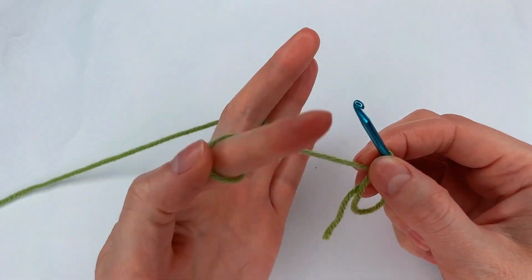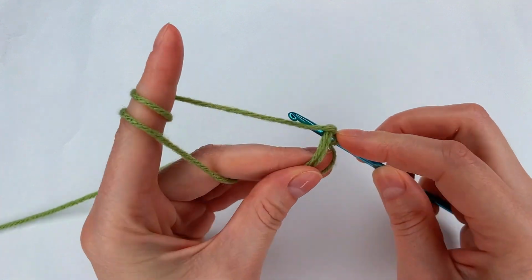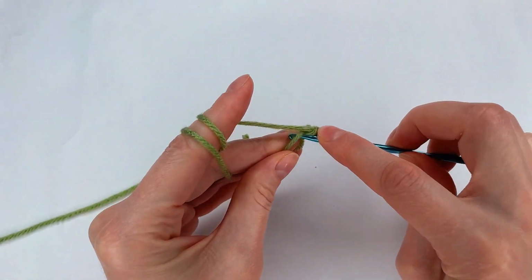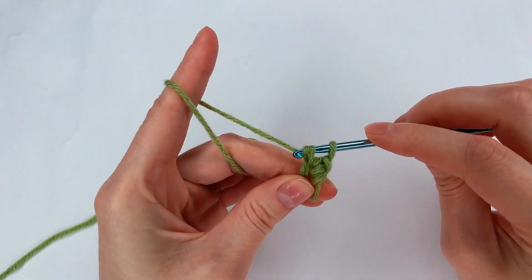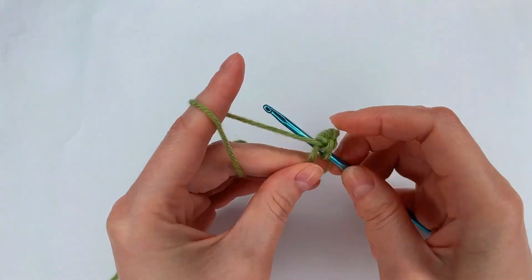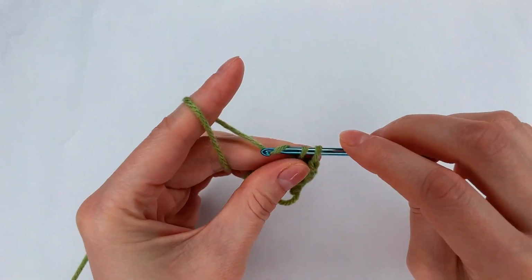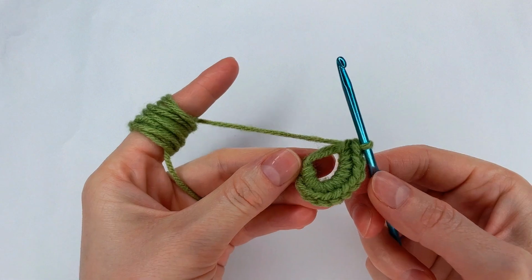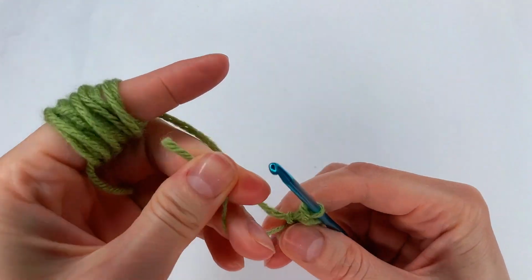And here I go and chain and make 12 single crochet. 1, 2, 3, 4, 5, 6, and 6 more. Now I close my magic ring,